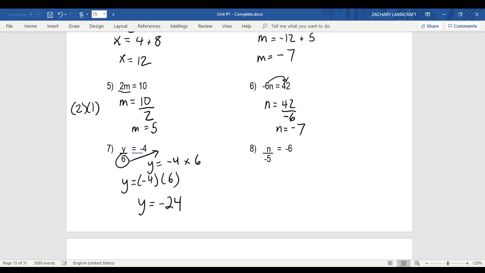Okay, so we have n divided by negative 5 equals negative 6. We know when we have division, the opposite is multiplication. So it would be n equals what two numbers? Negative 6 times negative 5, and the answer would be 30, exactly. Two negative numbers. We did our integer work already. Boom. N equals 30. Boom. So